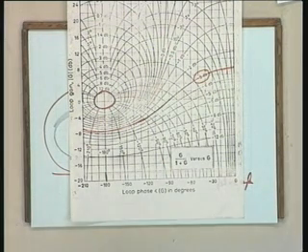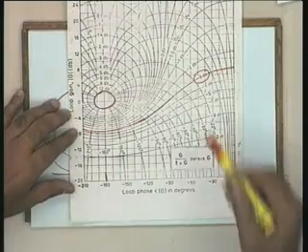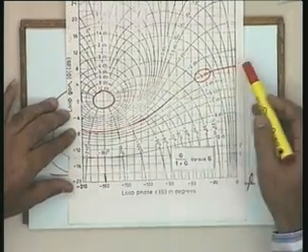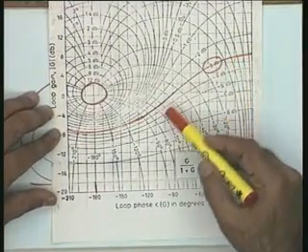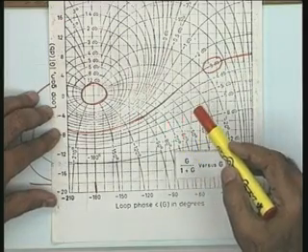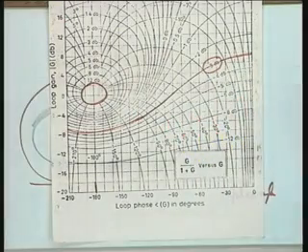It is important to me because it will give me the bandwidth. M equal to 1 by root 2 is equivalent to minus 3 dB on the decibel scale in the dB versus phase angle plot, and therefore this contour is of importance to me. So, this is the contour from where I will get the bandwidth. Okay. Now, let us see what is the use of this. I hope the Nichols chart is clear.